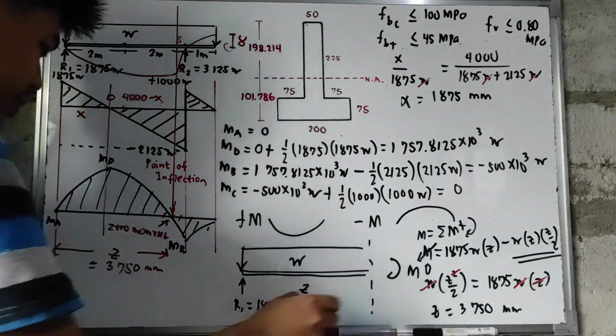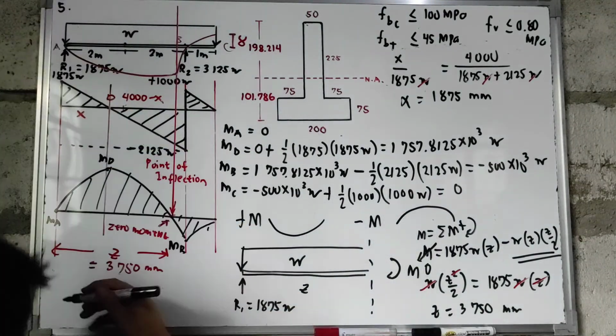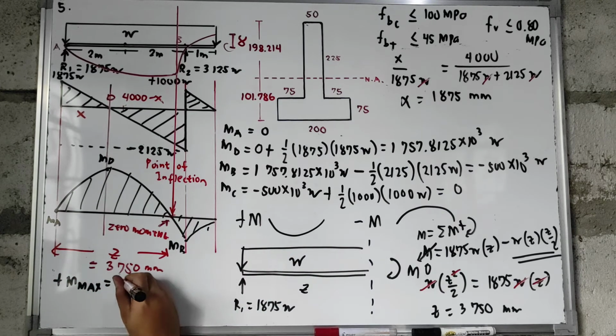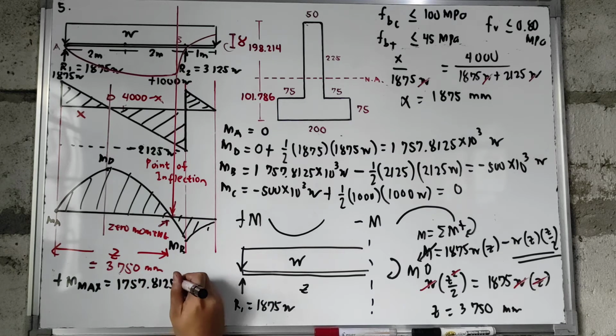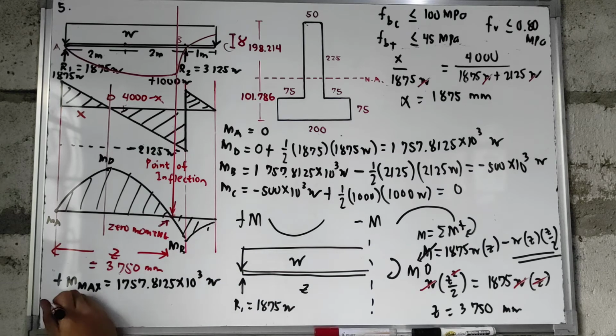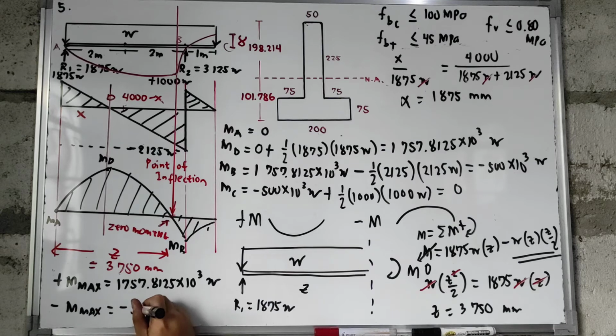So, we have yung positive Mmax natin, which is equal to 1757.8125 times 10 raised to 3W,